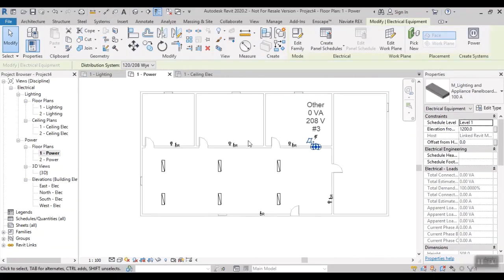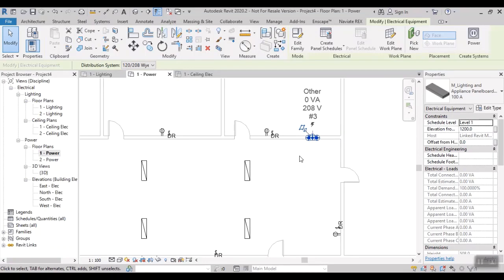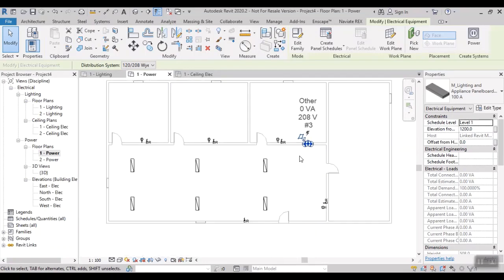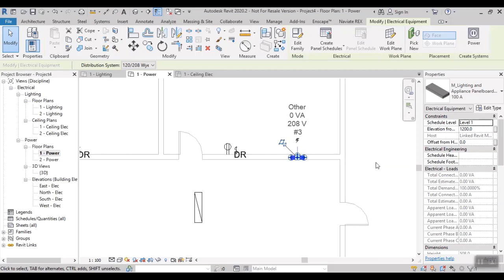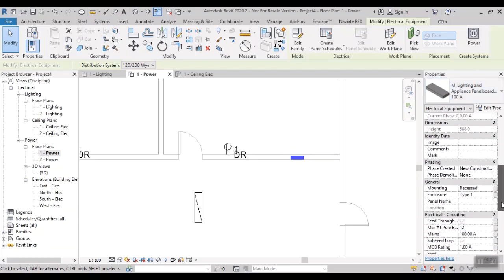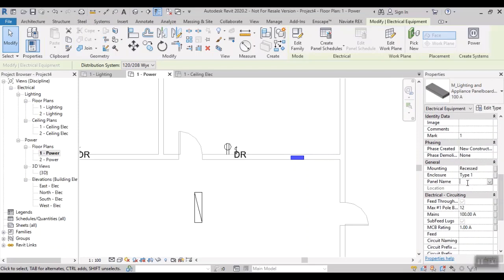In this model I'm having one panel, but in a huge building, maybe an apartment or school building, we provide a lot of panels, maybe 20-30 panels. They're showing the same name only. That time it's having some confusion, right? So that's why we have to change the panel name. That is very important. Select the panel, in properties drop down, it's showing the panel name. We have to provide some different name. I'm just providing PL1, just apply.